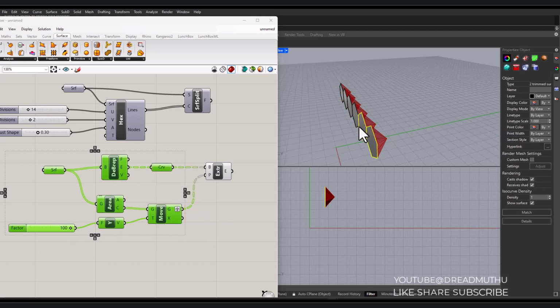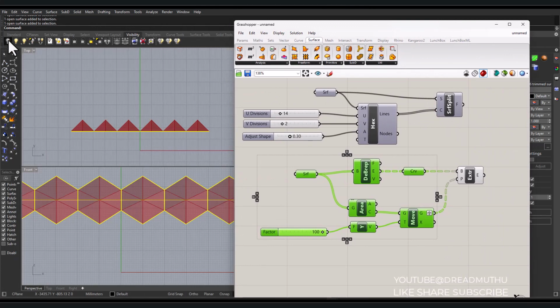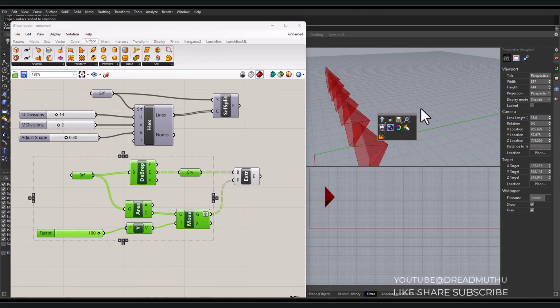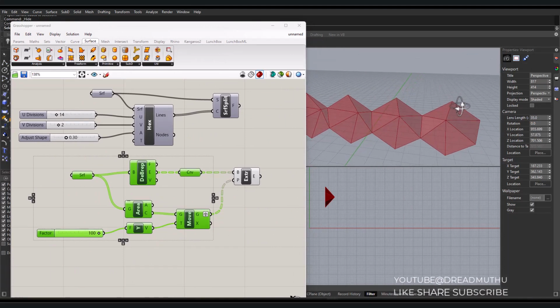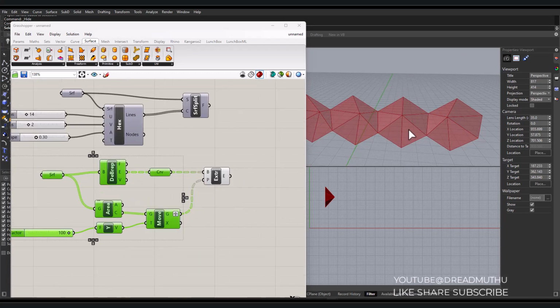This thing is not hiding, so select this manually and hide that one. Now we can clearly see this. Yeah. Now we need to rotate these surfaces individually across the y-axis. For that we need to